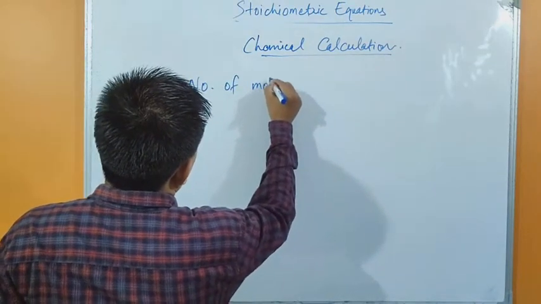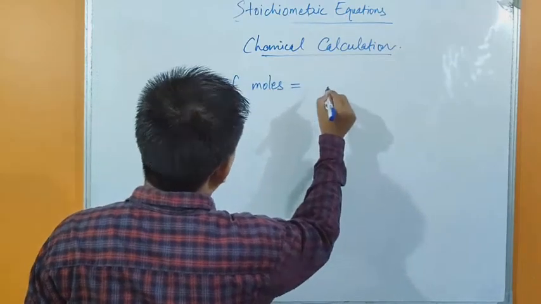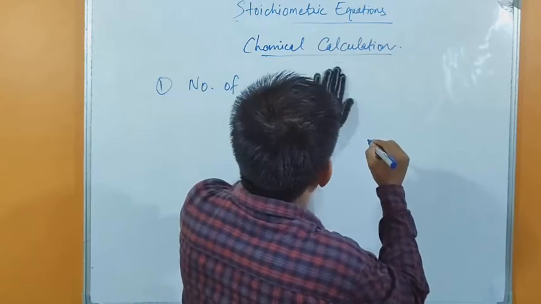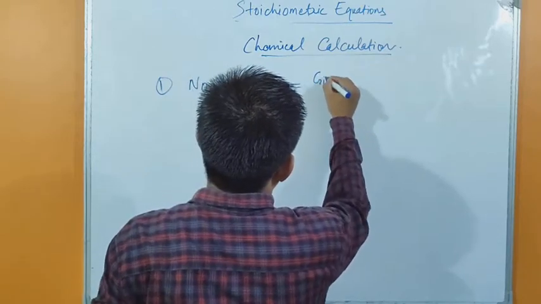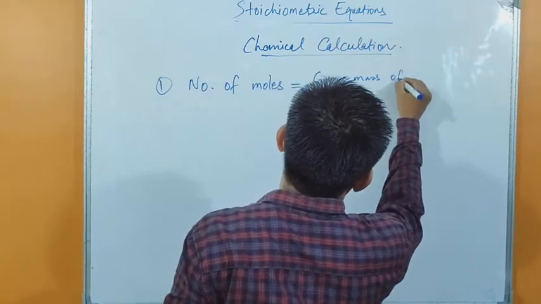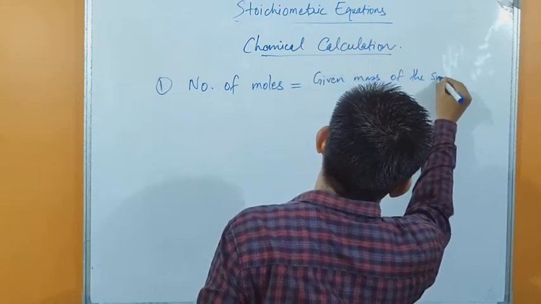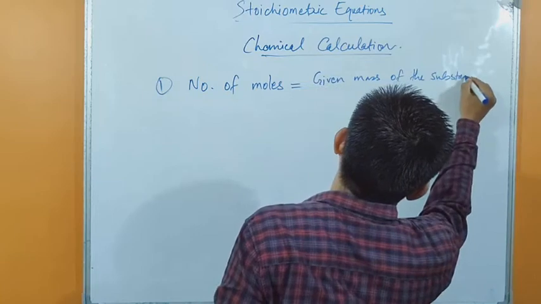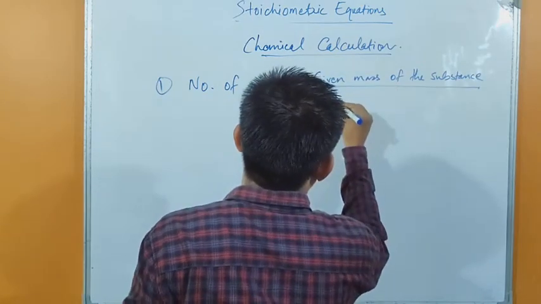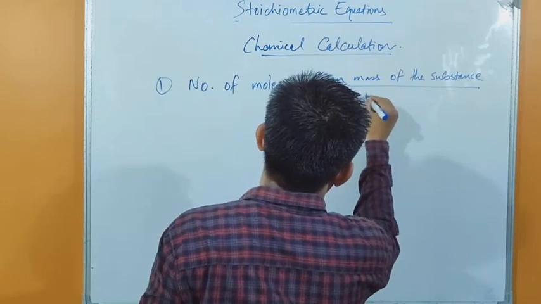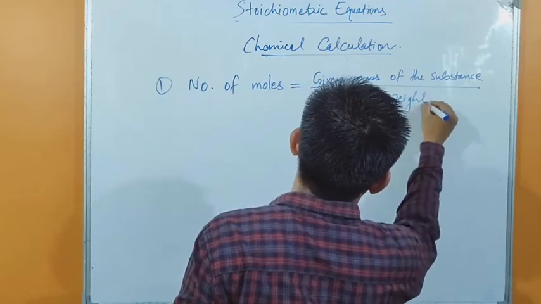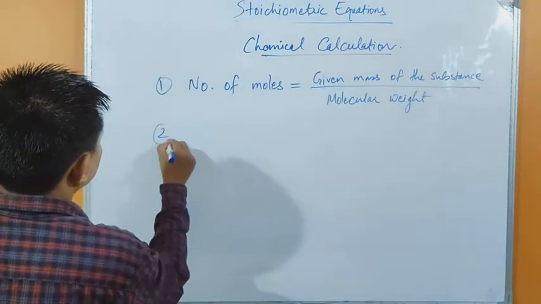Number of moles equals the given mass of the substance divided by its molecular weight. Okay, and number two formula is